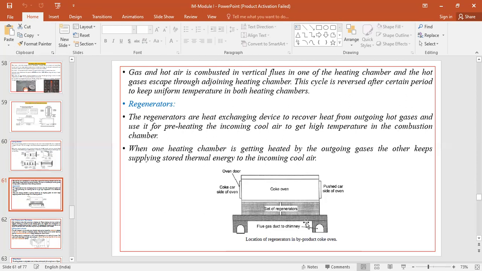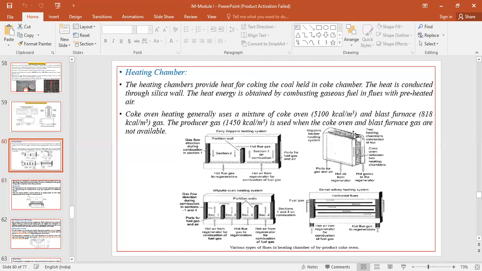The hot gases coming out from the oven will be sent to the checker bricks and get heated up, and from the ambient atmosphere we suck in air, and that air is allowed to pass through these hot checker bricks, and that is how the heat is maintained. So when one heating chamber is getting heated by the outgoing gases, the other is supplying; one will be on gas, the other will be on blast. In this way the heat will be circulated. In this particular picture, you can see this heat is circulating. The hot gases coming out from one end of the heating chamber go down and heat up the checker bricks, and then whatever air you are sucking from the outside